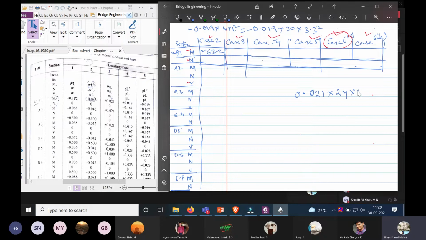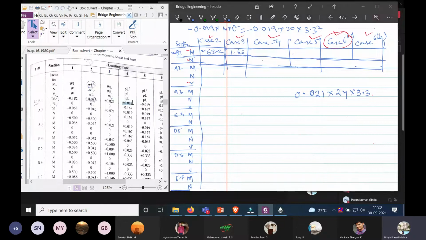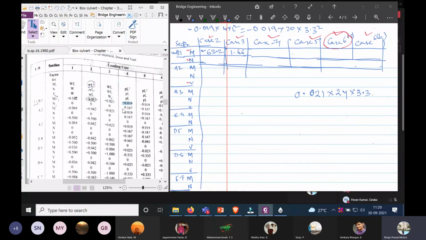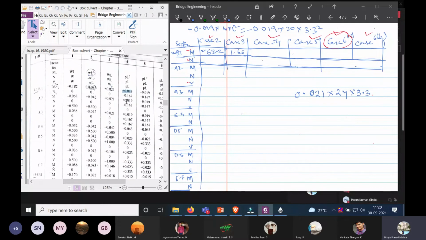Okay, so 24 into 3.3 again. That gives us the value as 1.66. Similarly, we will go to case 4. In case 4, here it is the intensity of water pressure. Here you can see this one, intensity of water pressure. So in case 4, we have the value as